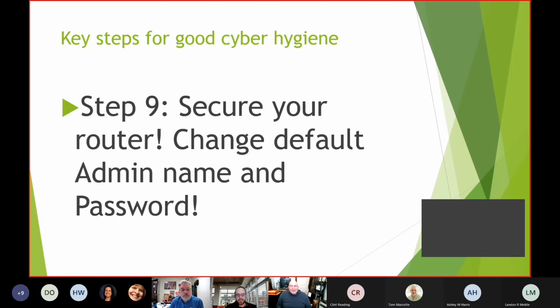Step 9, secure your router. Now, if you've got internet access at your house, you have a router. It may just simply be a little D-Link router that fastens up to your service provider or something. But it